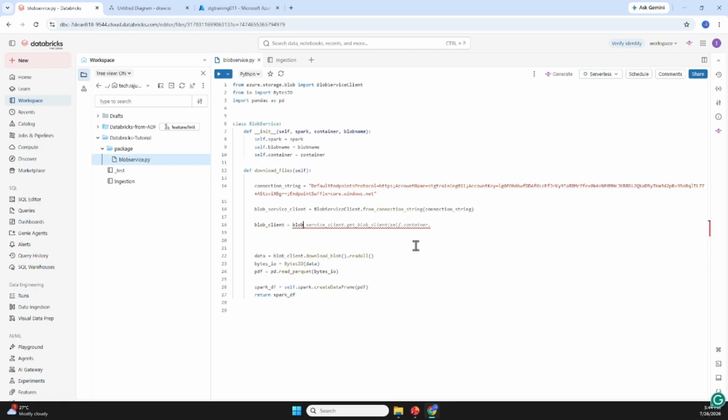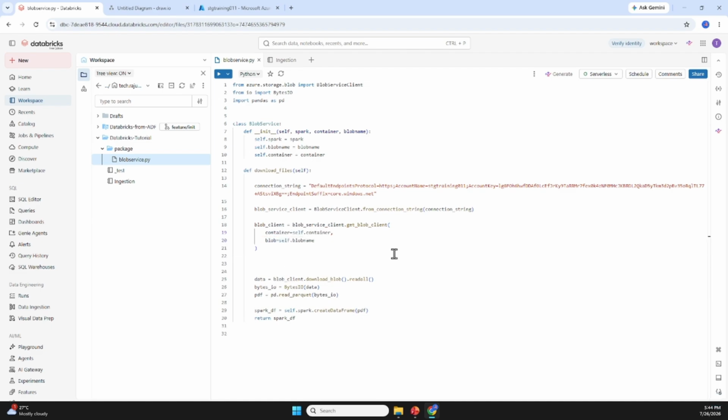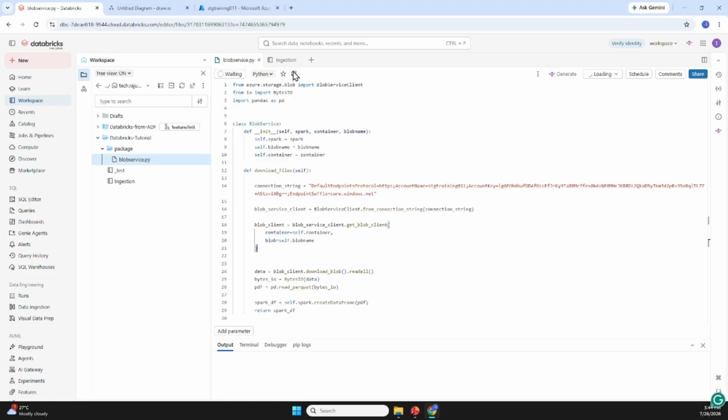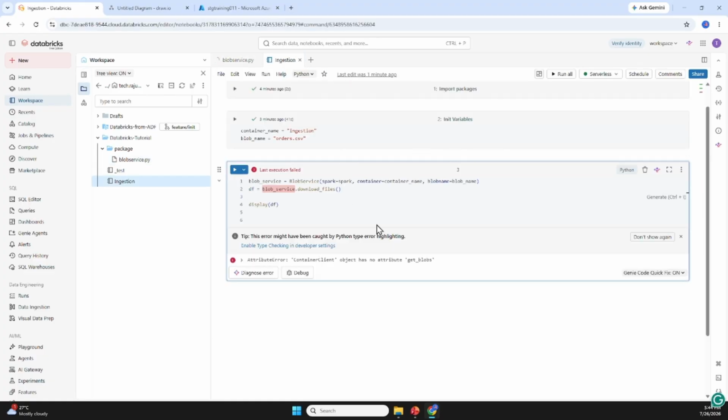The blob service client will take the parameters: container, self of container, and blob name. So this is how we will create the blob client. After getting the blob client, we will download this one, and then I'll execute this. So let me just, okay,